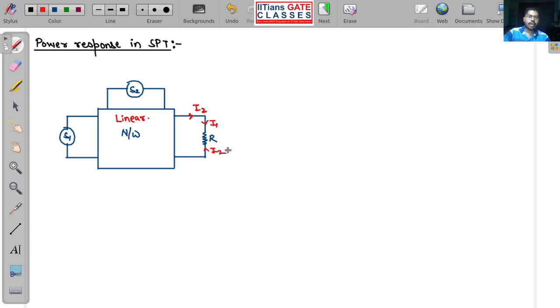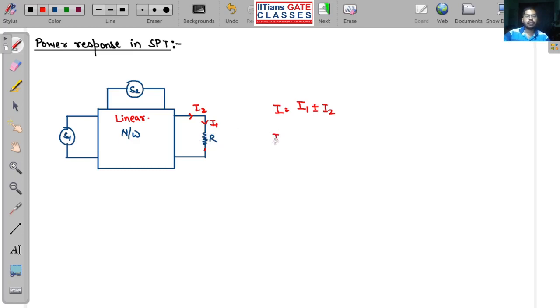So I2 can be like this. What I am going to do is write I, where I is the combined current acting due to source 1 and source 2. I am going to write it as I1 plus or minus I2. If it is in the same direction, the currents will add. If it is in the opposite direction, the currents will subtract. So this I is basically the combined current due to source S1 and source S2. Now tell me, what is the power consumed through this resistance?